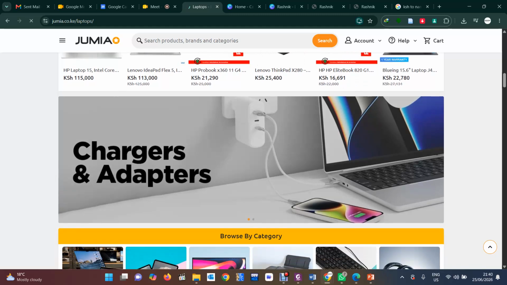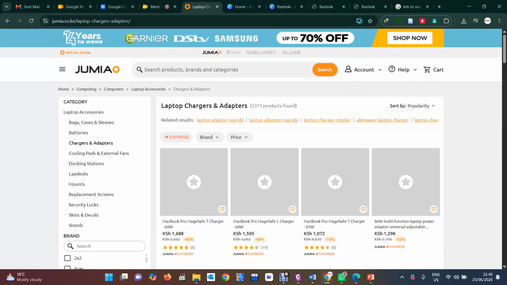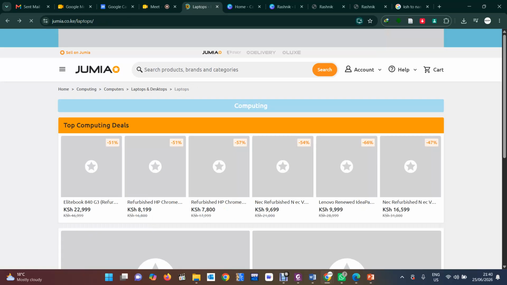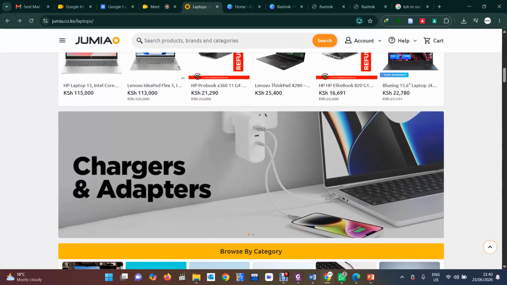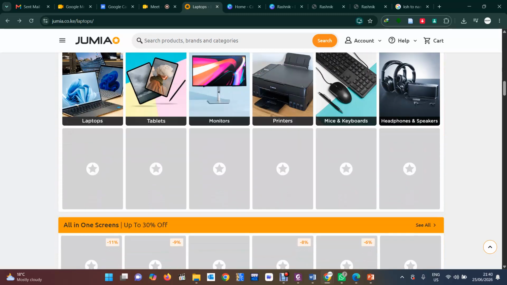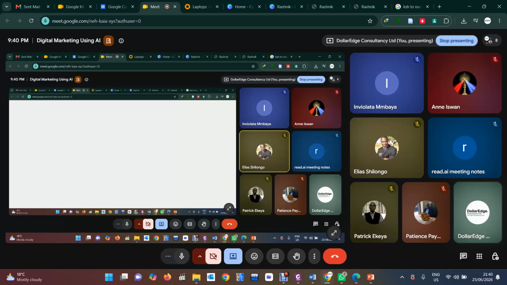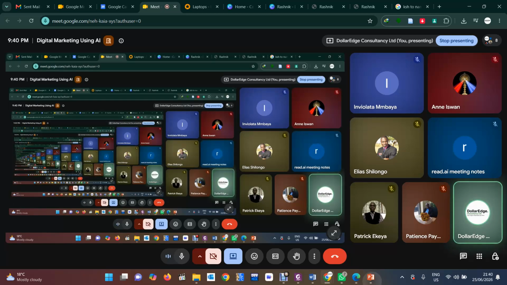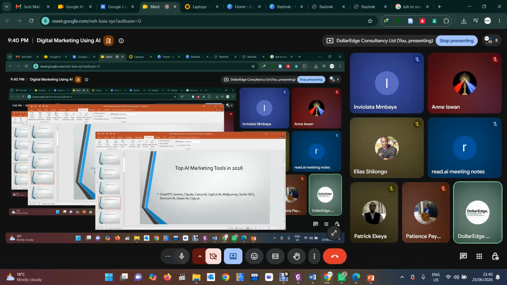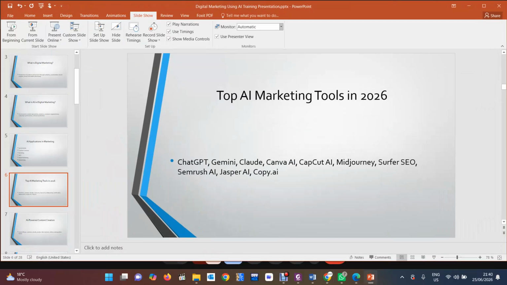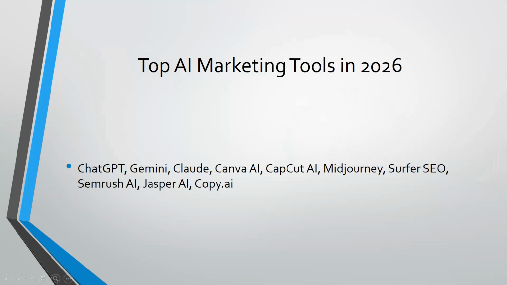See, like this one. This is also a poster just created using Canva and other AI tools. Just put your image there, and they are just advertising this charger. So that is what we call digital marketing and branding. If you fail to do that, assume that you are marketing your own book. Sometimes you find people, you are an author, you have written a book. Why do you think most of the books are being sold on Amazon?